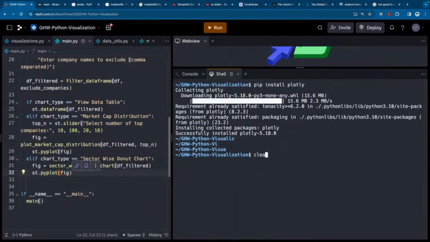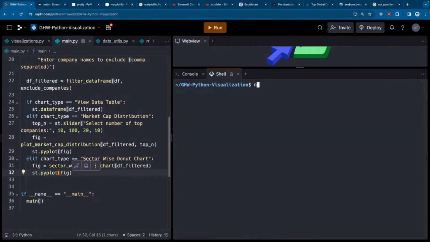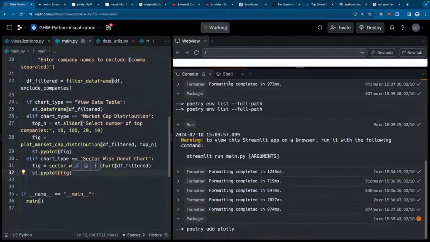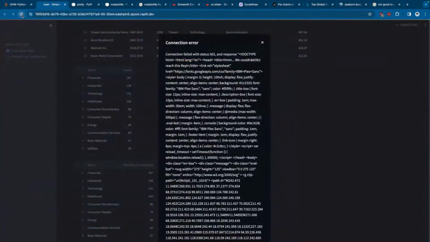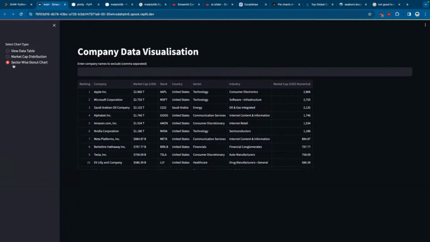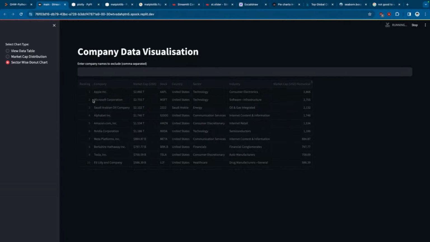Now let's run our Streamlit application because we had stopped it, not npm, sorry, out of habit. Streamlit run main.py. That has started. I'll also run this so that everything works. Reload this. There we have sector wise donut chart. Okay, perfect. And if I click on that and just pray that it works, which I'm sure it will, it's just like